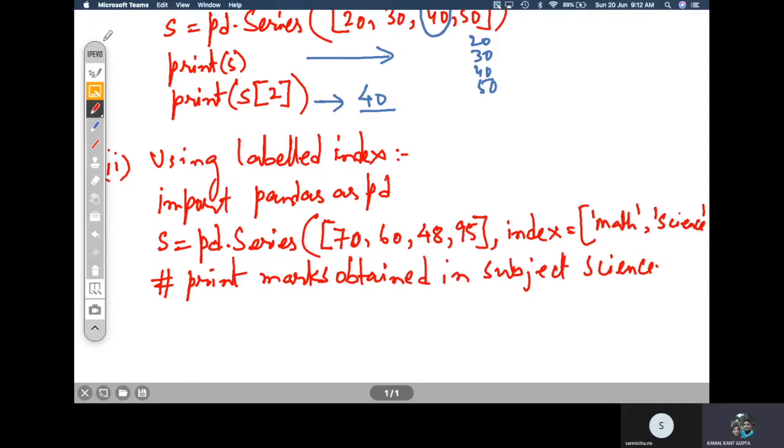And there is an appropriate label for the science marks, labeled with the name science. So we can use that label name science to access the marks obtained by the student in science.